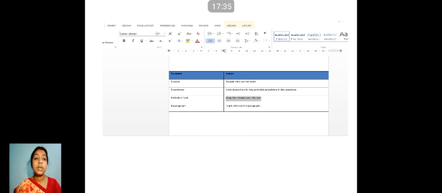Now for the whole paragraph, I have triple clicked and the whole paragraph is selected. Only one line is there in this paragraph. If many lines were there, the whole paragraph would be selected. Now I want to select a part, so this way I can drag up till where I want, and the content will be selected. Clear?